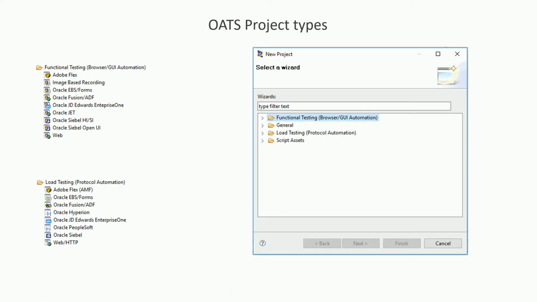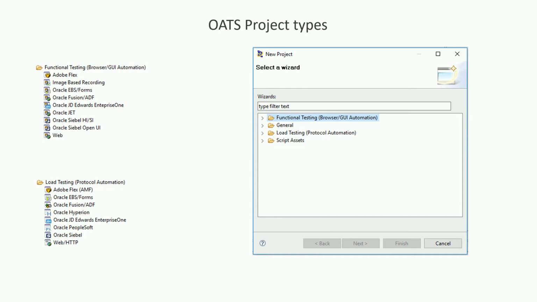In this video course, we will learn how we can create a simple test automation project in OpenScript. Well, OpenScript is the IDE which is built on top of Eclipse. This is what is given by the OATS suite. This is the place where we can create test automation scripts for functional testing and load testing.